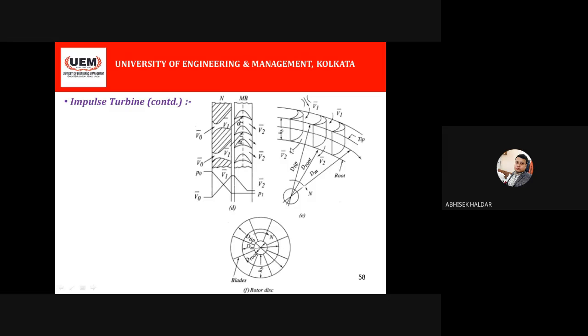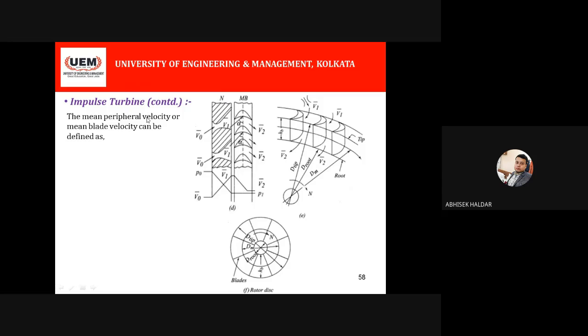If you see this from the top, this is the rotor disc. Now I think it should be clear that it is moving in this direction, and steam is coming, say, onto this one plate. This is the center, this is the tip, this is the root, and the height you obviously cannot see from here because this is the top view, but you can see the direction clearly. And your Dt, Dm, D root, all these things are shown in the top view of the same thing. This tip and root nomenclature we will not use; we will use D1, D2 like this.